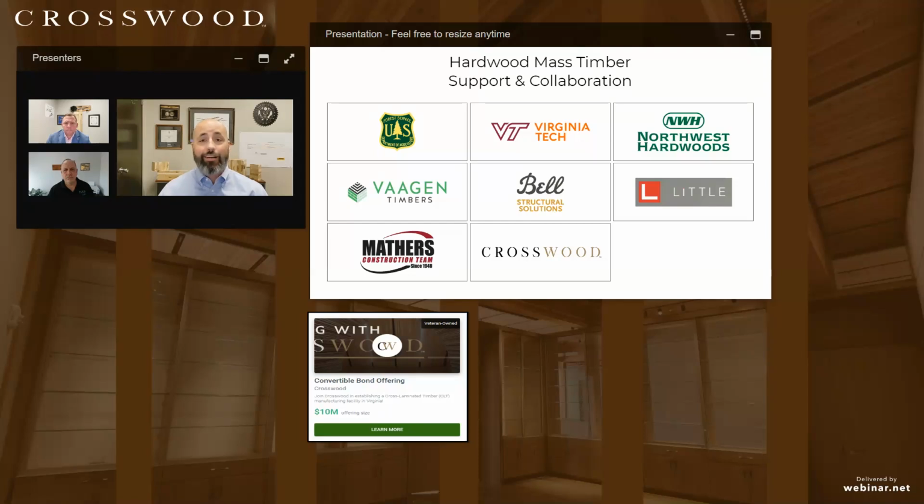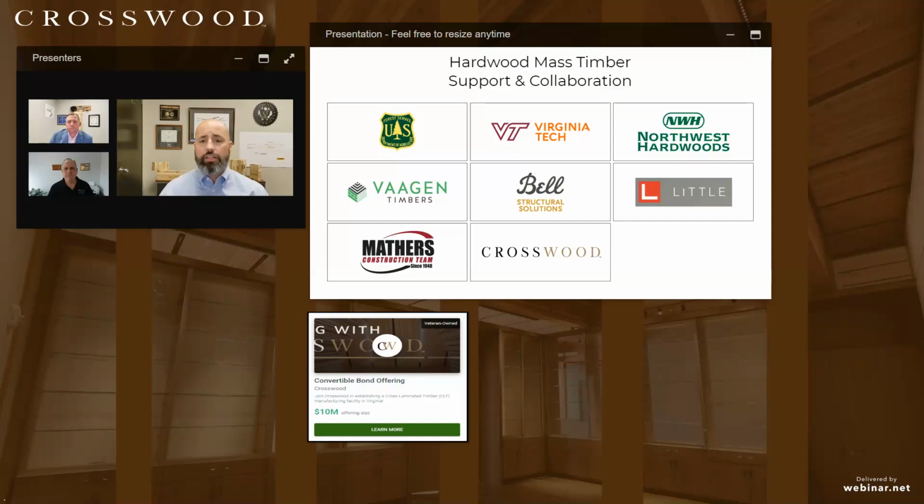One of those links that I talked about that's available to you in the resources there is, I believe, directly to a news article thanking the USDA Forest Service for supporting us with a Wood Innovations grant in FY23. So we'd be remiss here to not call that out to a potential investor, to show you that the federal government is behind mass timber and they're behind Crosswood.